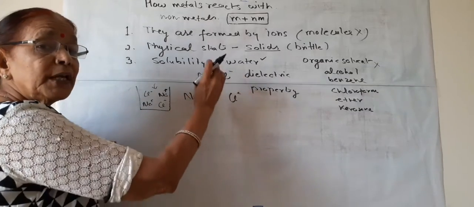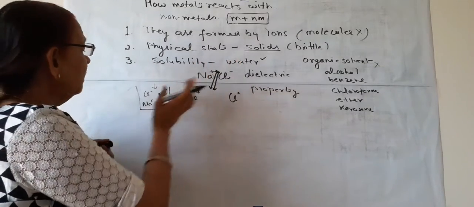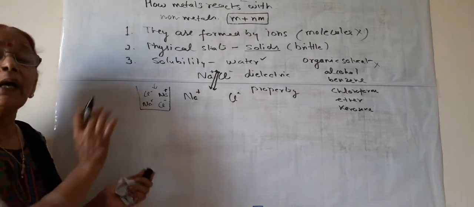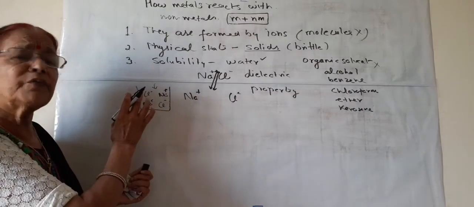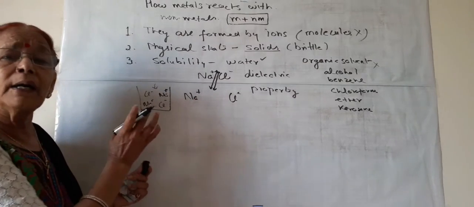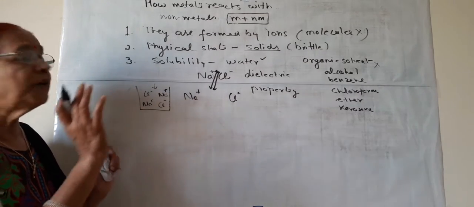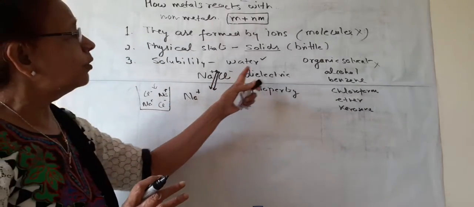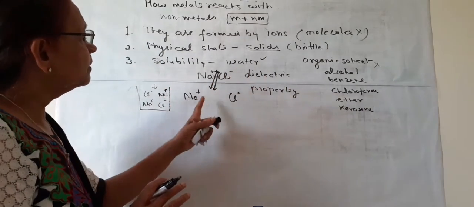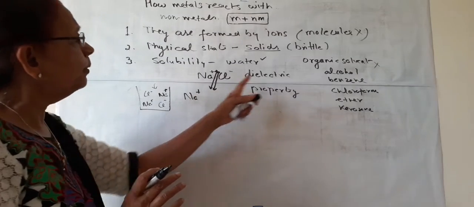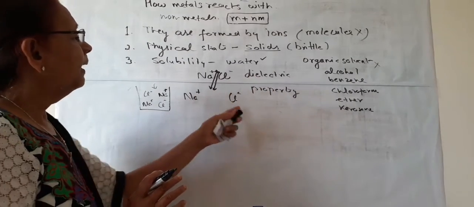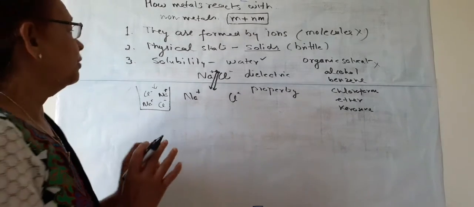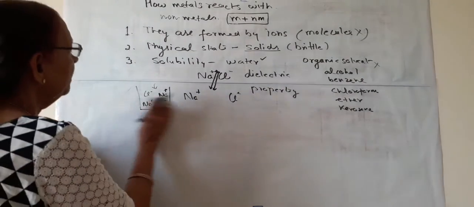This force weakens, later it is broken, and they move freely in the water and form the NaCl aqueous solution, where both the ions are now free. They are free to move. In this way, they are soluble in water, and the solubility is due to the property of water, and the ions are made free in water. So this is the third property.